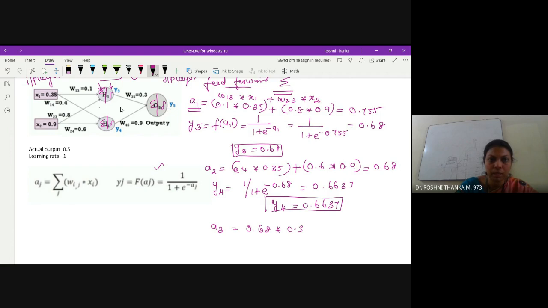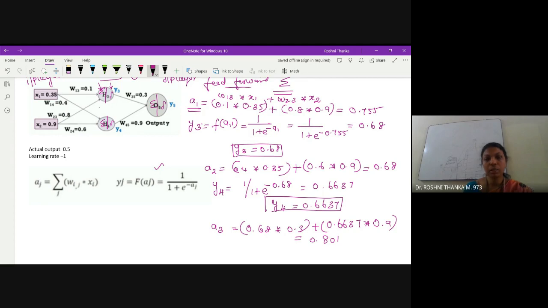Plus the other input we are getting for this computational unit, y4, the output of the other computation, which is the input for this. So y4 we got is 0.6637 into its weight, 0.9. If you calculate this, you will get an answer of